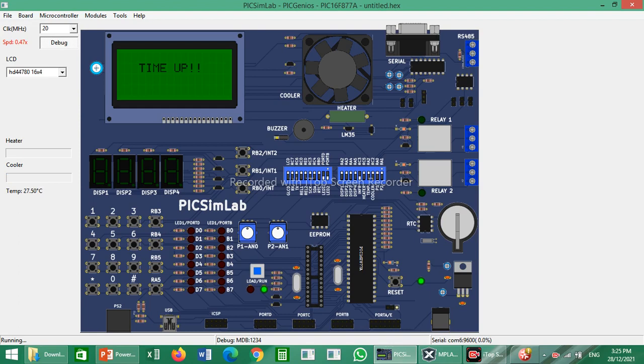Now cooking is completed, the fan is stopped, the time up message is displayed and the buzzer is active.